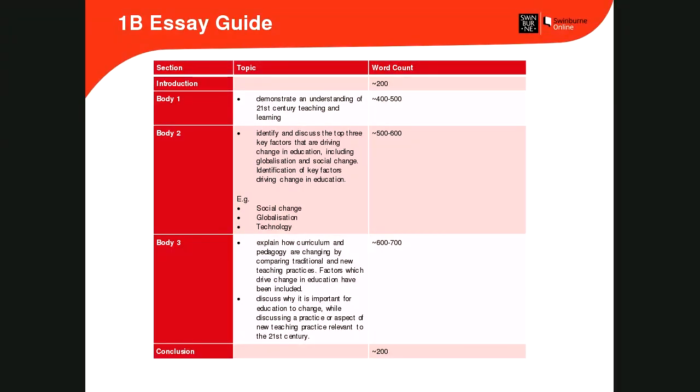So I think from 1A, we really want to see that improvement in how you're going to put together your thoughts, structure your response, and present it to us. So once you've done your research, that's the first part. You then really need to spend some time working on each section of your essay and putting it all together.